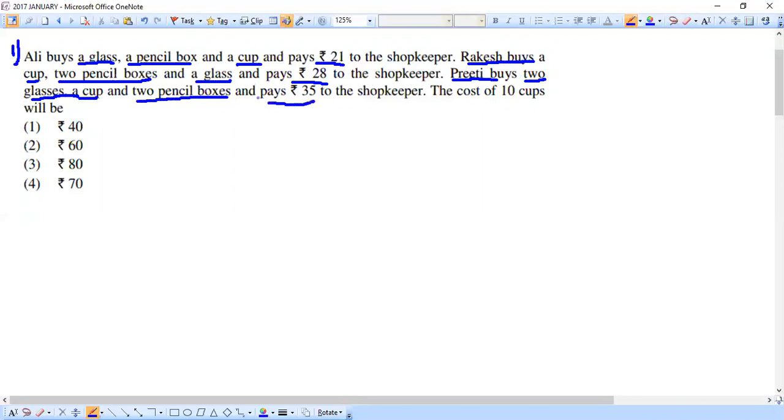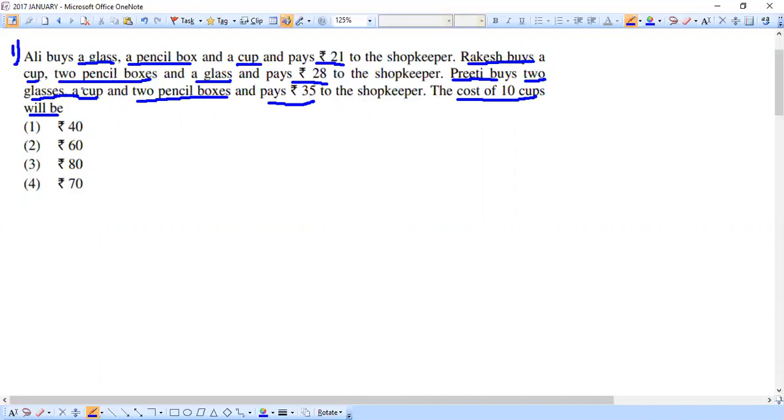So we have got three statements, and as usual, whenever we have this kind of information given, we need to turn them into equations. We need to just assume some variables, insert some variables, and then frame equations, and that would very easily help us to solve the question and get the answer, right? And finally, what is asked for us to find? If you see, the total cost of 10 cups will be how much? This is going to be our question. And let's now start to solve the question.